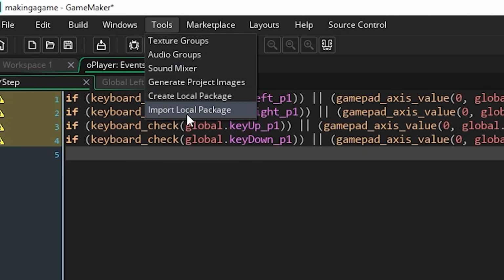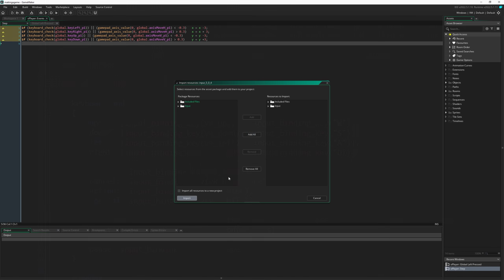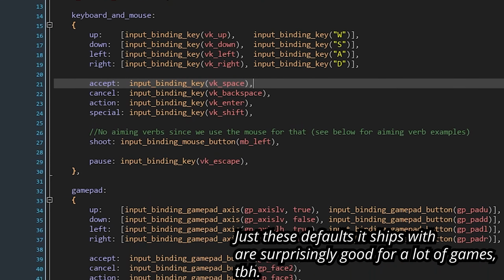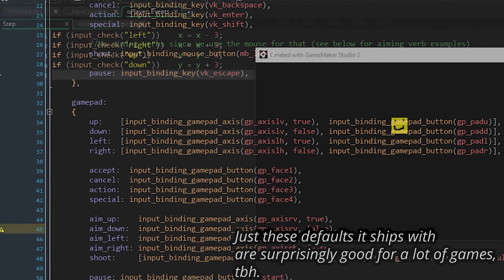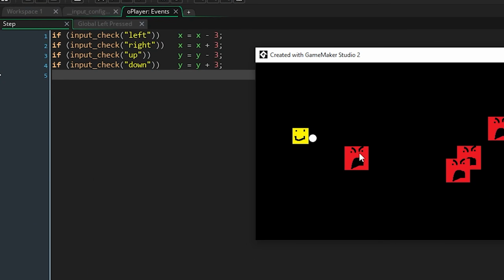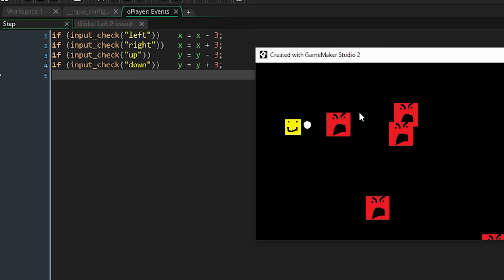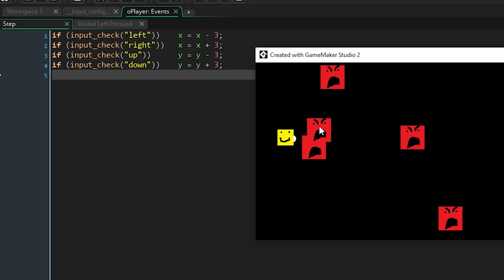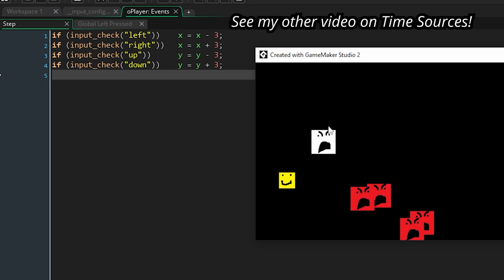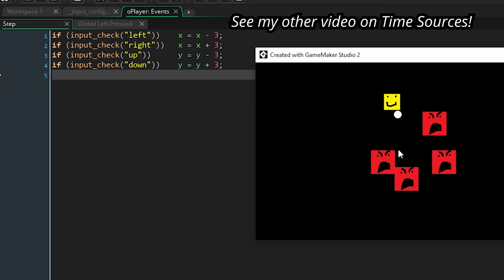Well, you grab the library, you stick it in your project, define your various verbs and settings, and you're basically done. Back in older versions of GameMaker, you needed a persistent object with a line of code that runs the tick of the library every game step. But with Input 5 and the latest version of GameMaker onwards, you don't even need to do that. It uses time sources and global scripts to set itself up without you doing anything other than importing the files